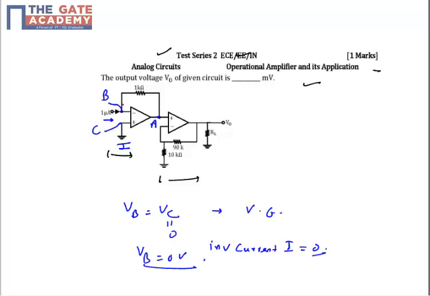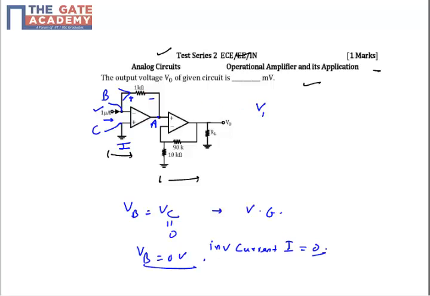So my entire 1 microampere current is going to flow across 1K, because no current is going to flow into the op-amp. No current is going to enter the op-amp, so I have a total current of 1 microampere, so the only path left is 1 kilo ohm. So my entire 1 microampere current will flow across 1K, in the polarity plus and minus. So let's apply Ohm's law across 1 kilo ohm.